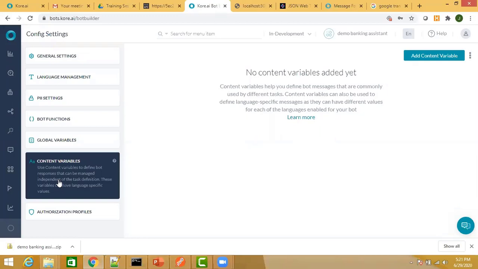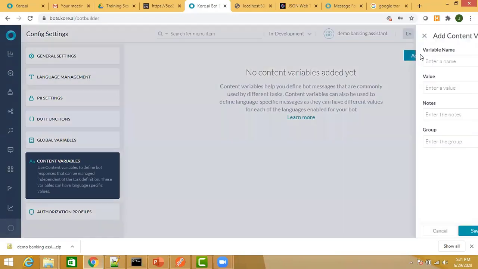When you are enabling another language, instead of going into the dialog task configuration and making the changes, you can make the changes in the content variable. So wherever those content variables are used, that particular message, the new message in the new language, will become effective.